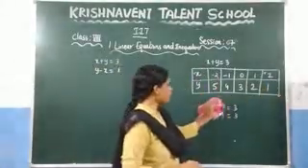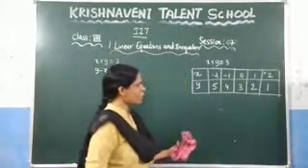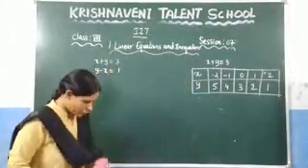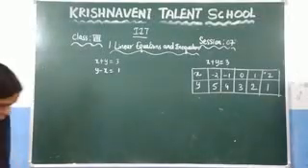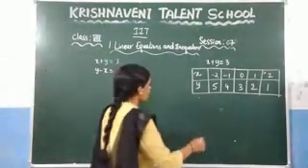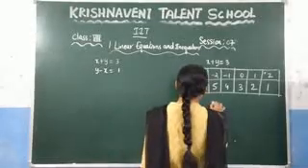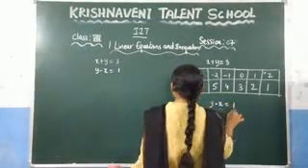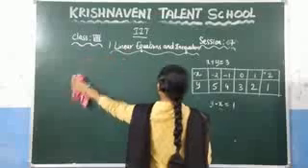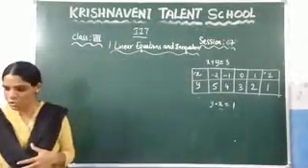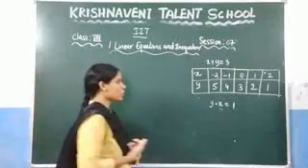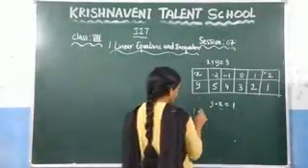Now you have the x values and you know the y values. Now you can plot them on a graph so that you will get the straight line. Now see the next equation. What is the equation they have given? y minus x is equal to 1. For this equation also you need to draw the table. So let us draw one table.